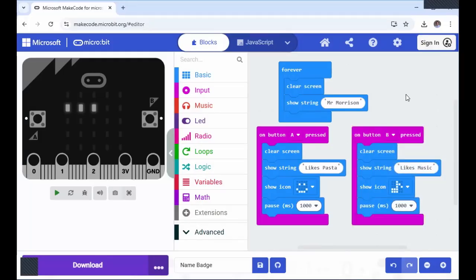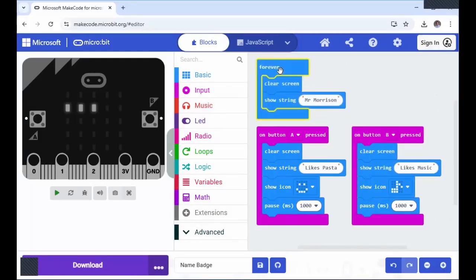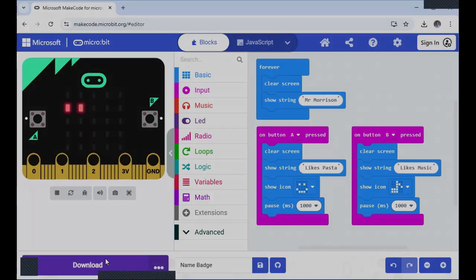So here I have my project. Here, download this onto the microbit, see if it works,